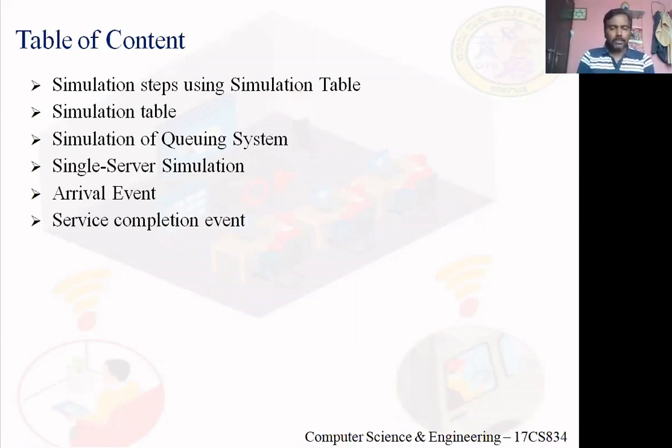As soon as you depart from the bank, a departure event gets triggered. And now the state variable, that is the number of customers in the bank, gets reduced by 1. Got it? So these two types of events we will discuss. We know the arrival event and departure event, but when we implement a simulation table, is there any other state variable apart from the number of customers that gets affected by the arrival event and departure event? We need to make changes to them too. We will see in detail about these two events. Clear?